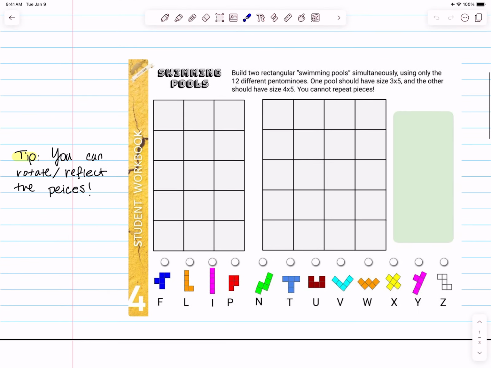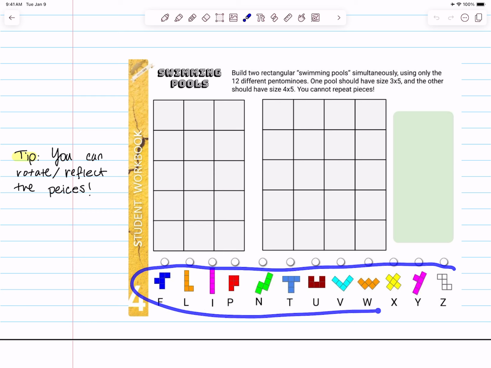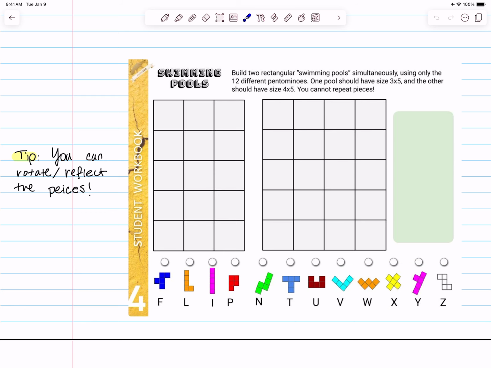In this part, we're going to be trying to fill in these two rectangular swimming pools simultaneously. And we want to use 12 pentominoes. A pentomino is one of these shapes down here. And it's called a pentomino because each of these shapes has 5 squares. So these are all the 5 square shapes that are connected that you can make. And so we want to use these shapes to fill in this swimming pool